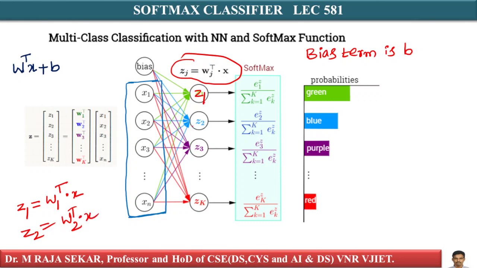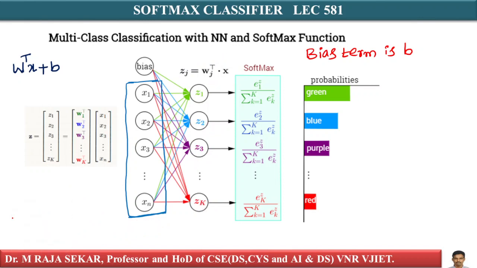Here I have z1, here I have z2, here I have z3, here I have zk. In similar manner, what is my zk? Zk is wk whole transpose dot x, isn't it? These are z1, z2, so on zk. What it is computing is zj equal to wj transpose x. In the Softmax classifier, basically, it returns the output. All the outputs of these sigmas